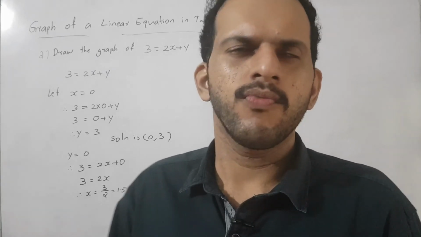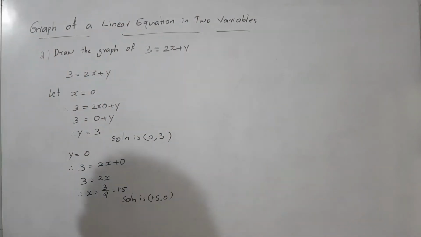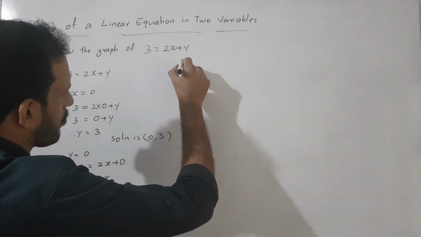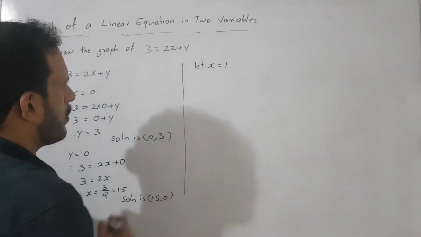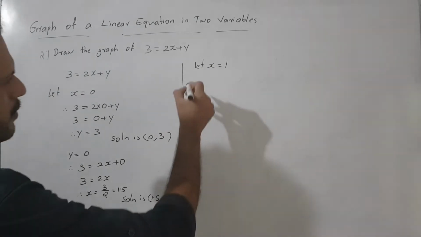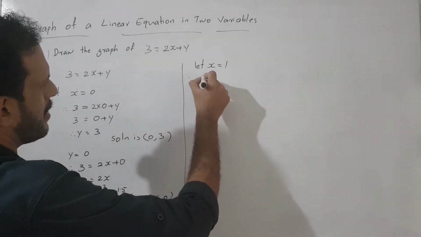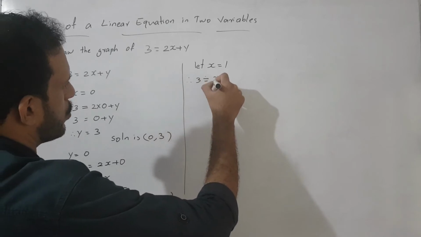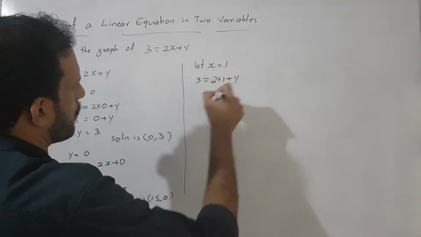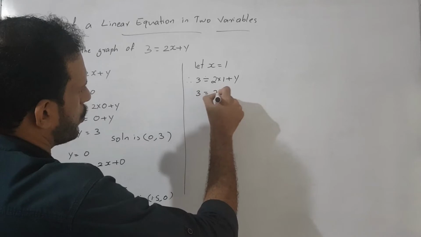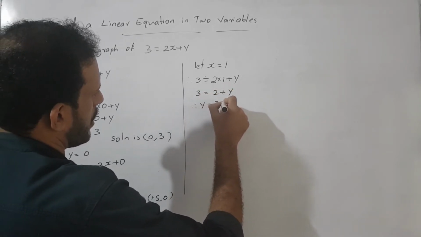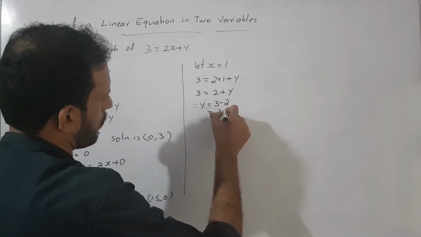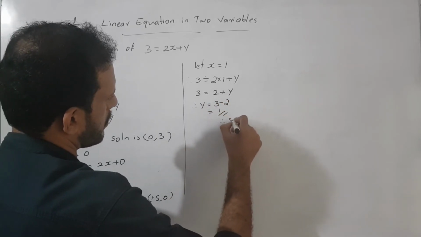So we substitute one value for x or y. Here I choose x = 1. Then what changes? Therefore 3 = 2 into 1 plus y. Then 3 = 2 + y. Therefore y = 3 minus 2, which is 1. Correct? Therefore the solution is